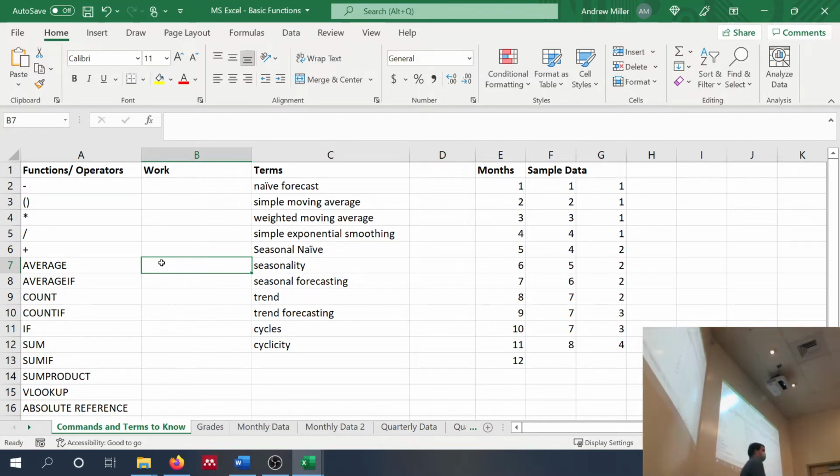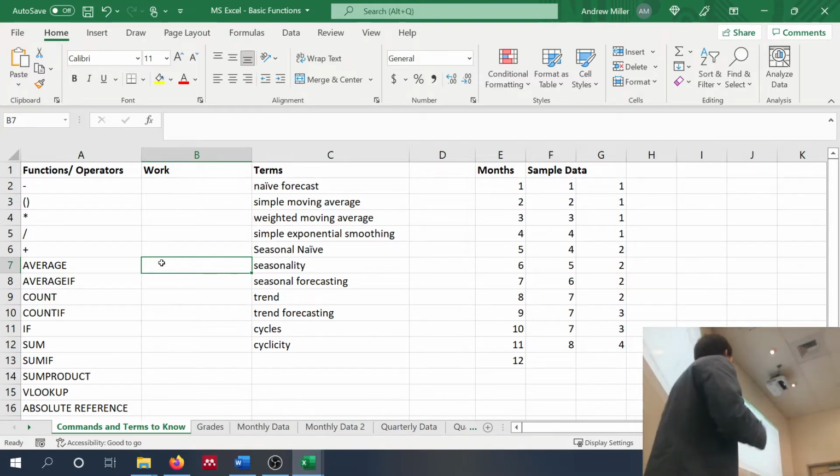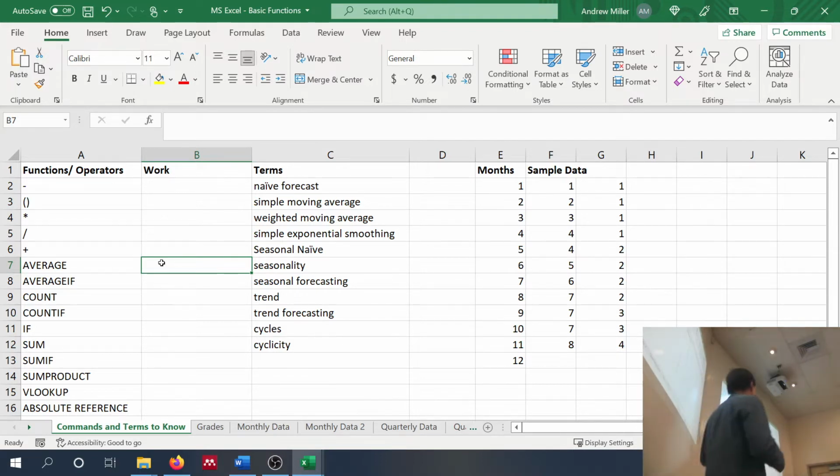By the way, this is about as large as I can make the screen. I do apologize for that. It's on 150% magnification. If I go much larger than that, I really can't do a whole lot in the ribbon. If I go much smaller than that, well, you certainly can't see it. So I hope you can see it okay. If not, happy to zoom in on certain things as needed.